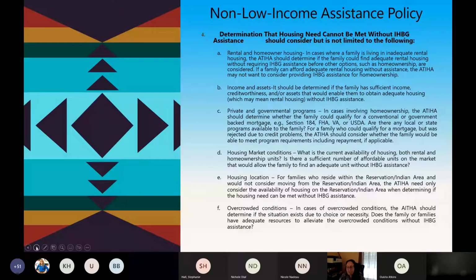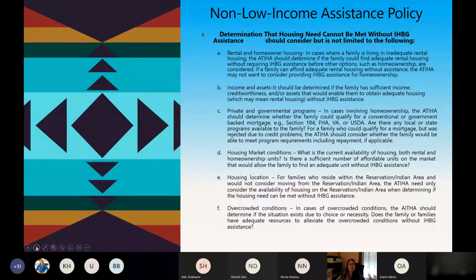Housing location for families who reside within the reservation or the Indian area and would not consider moving from the reservation or the Indian area. The ATIHA need only consider the availability of housing on the reservation or the Indian area when determining if that housing need can be met without that IHBG assistance. We have people that have never left our reservations. We shouldn't force them off, but it's dependent upon the policy that your